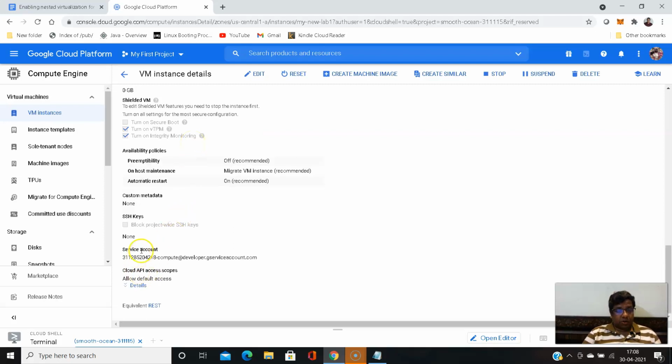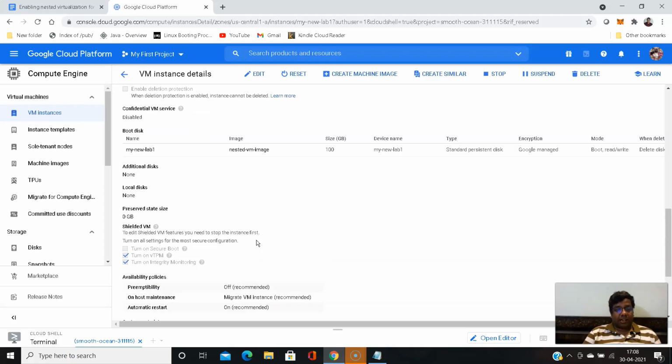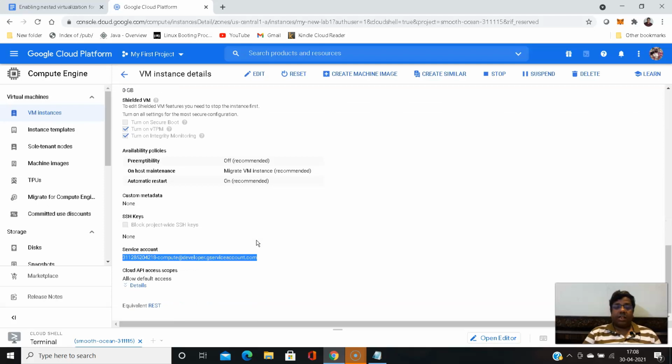Now the service account. We need this service account because we need to allow firewall rules later on, not now. By default, SSH is already allowed. You can access the instance using SSH, but for that you need to do some extra configuration, like